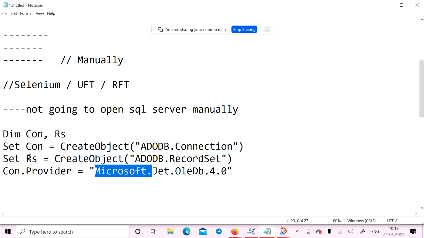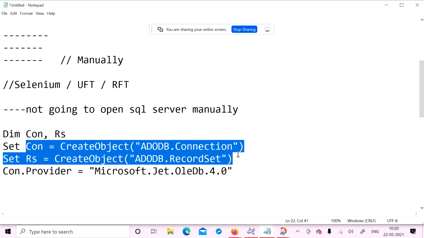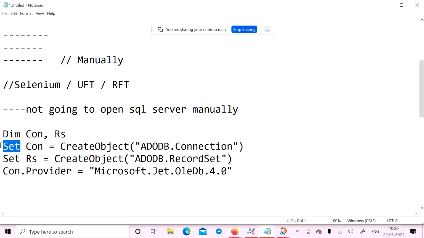I am declaring two variables here: connection comma record set. Connection is used to connect to the database. Record set is used to select the table from the database. For connecting the database or selecting the table, first of all we need to specify the provider name. Using the provider name, we create the instance with the help of the set method.